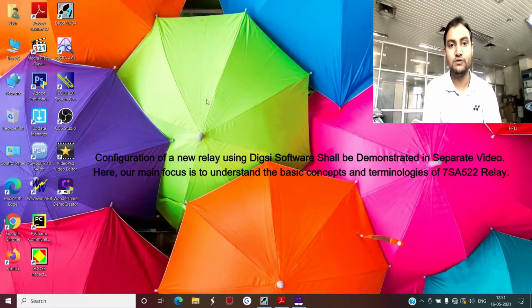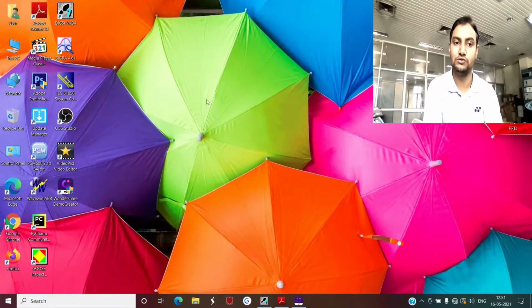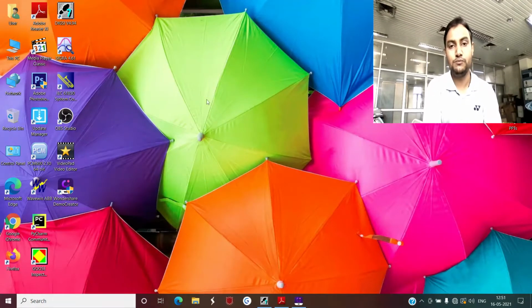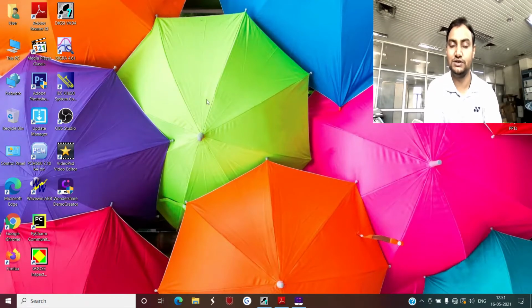But what I am going to do in this session is start from scratch on one of the pre-configured DIGSI files. I will explain the various settings available in this Siemens distance relay, and the importance of all those settings. How the inputs and outputs are configured, how the logics are created, how we time synchronize these Siemens make relays, how we can analyze the DR using this DIGSI software and SIGRA, the inbuilt function of DIGSI also. SIGRA is Siemens graphics.